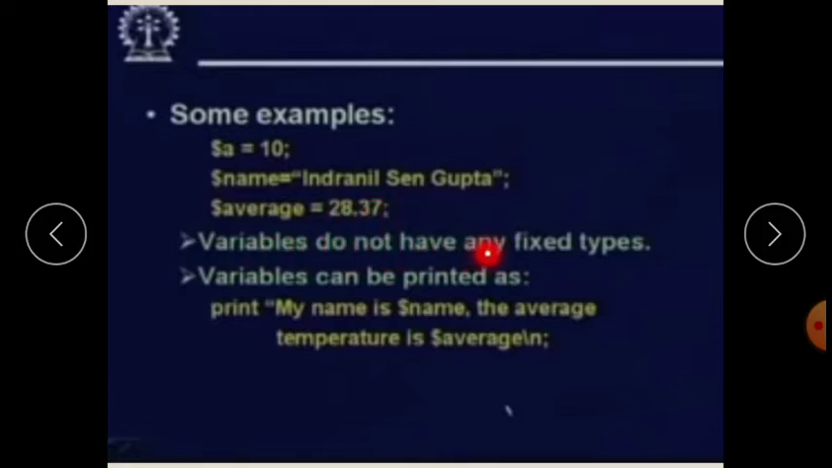Variables do not have any fixed types, meaning in the Perl language variables do not have any data type, because it is a loosely typed language, meaning type declaration is not needed in this type of language, whereas C and Java are strongly typed languages where the data types are written before the variable. Variables can be printed as: print "my name is $name, the average temperature is $average";